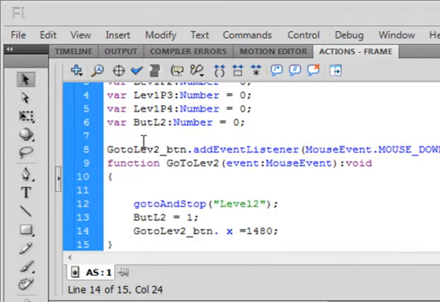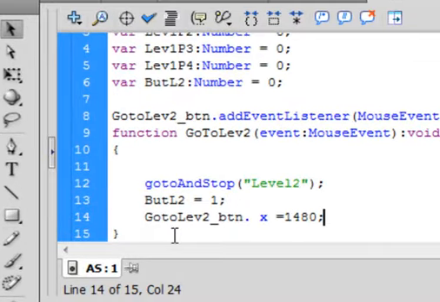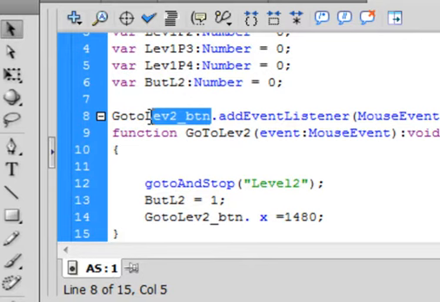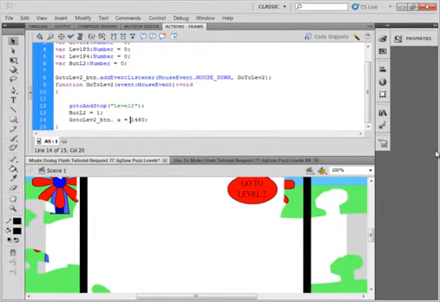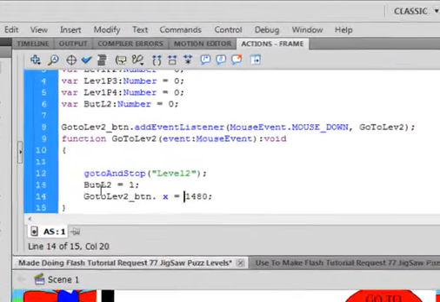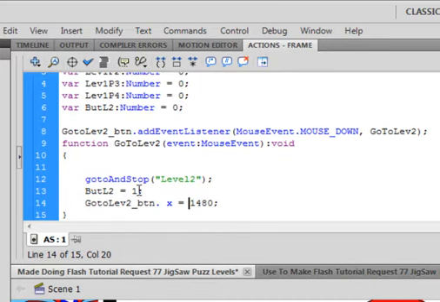The first one is this, but L2, which was a 0. I'm going to say equals 1, semicolon. And at the same time, for this button, copy this: go to lev2 button, period, X should turn blue, equals 1480, semicolon. So when we press the button, it's going to fling off to the side where we can't see it. If I didn't have this code here about this button L2 variable,